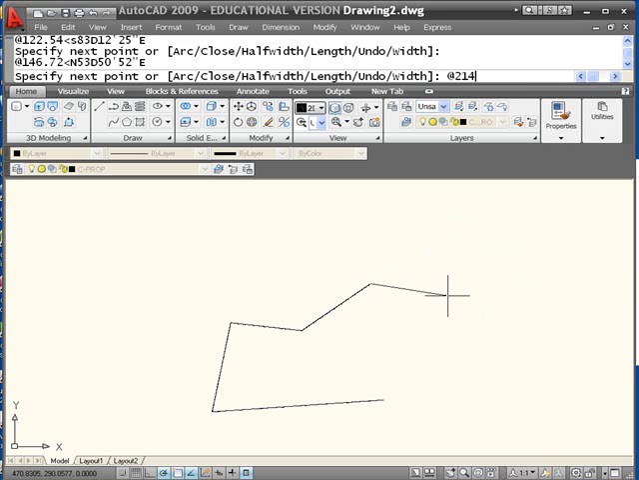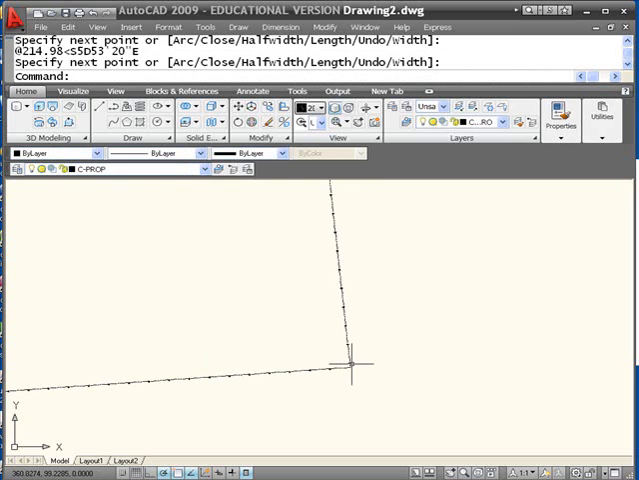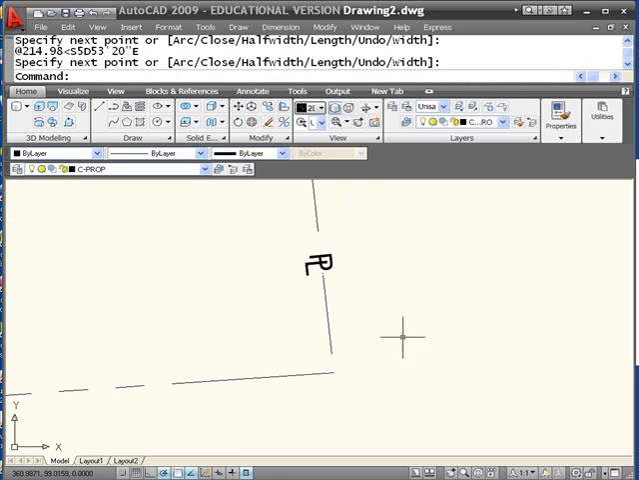So at 214.98 at an angle of south 5 degrees 53 minutes 20 seconds east. It looks like it closed right up, but if I zoom right in, you'll notice there's a little bit of a gap there. You can also see this line type that we're using with the P and the L for